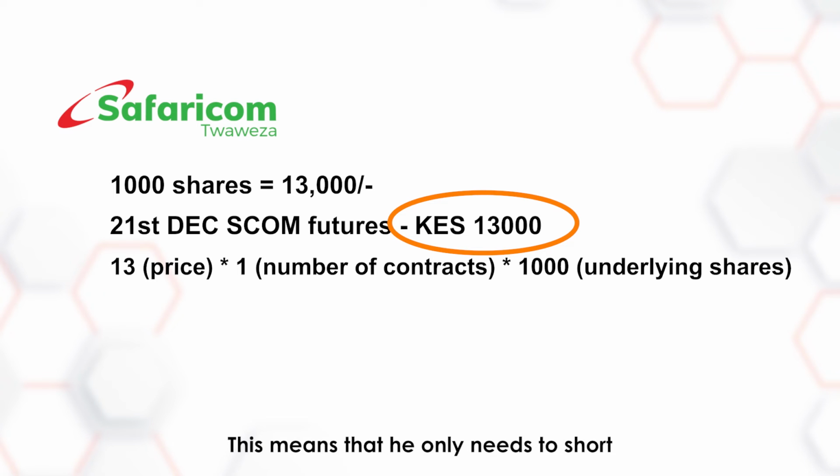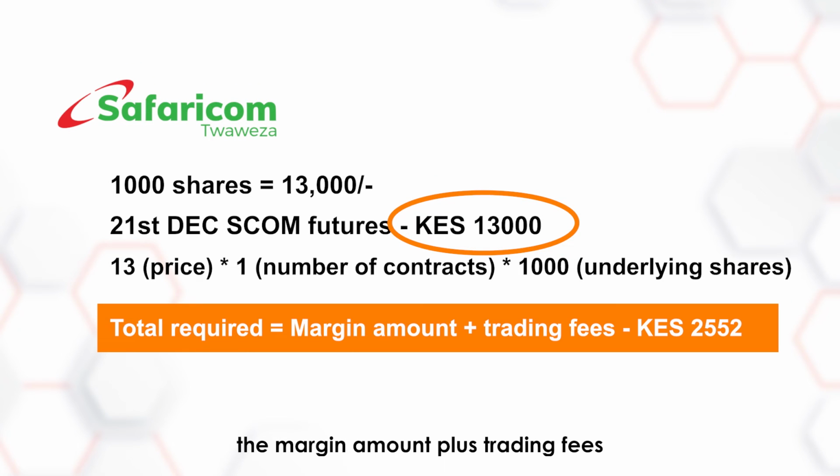This means that he only needs to short one futures contract of Safaricom to hedge his Safaricom holdings. Remember, he'll not have to deposit the entire 13,000 to pick up this contract. He'll only be required to have the margin amount plus trading fees around